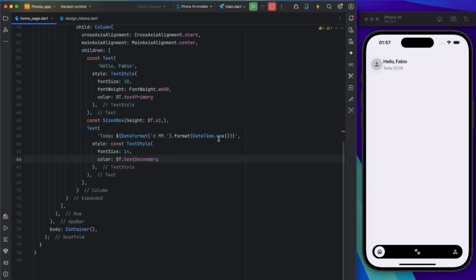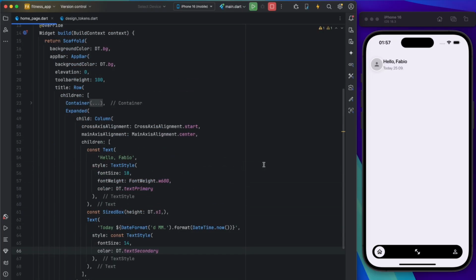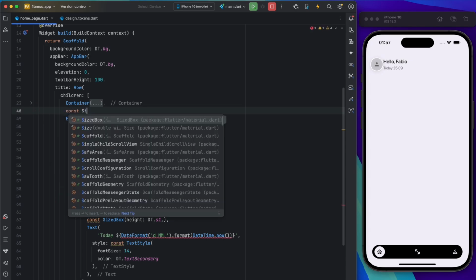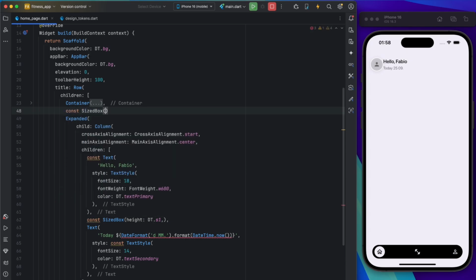Yeah, okay. So this is kind of like the second widget. So let's just add some spacing, sized box with